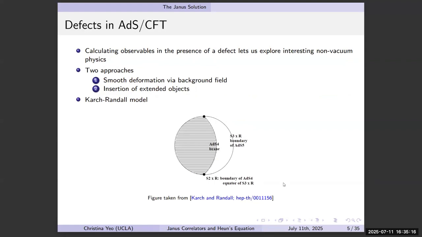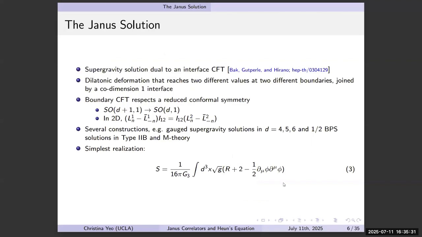The Karch-Randall model is an example of such a setup. You have AdS5 and you insert this AdS4 brane. But the issue there is we would have a singular brane source in the bulk, so there's a discontinuity in the bulk. But the Janus solution, which my advisor wrote down with collaborators,